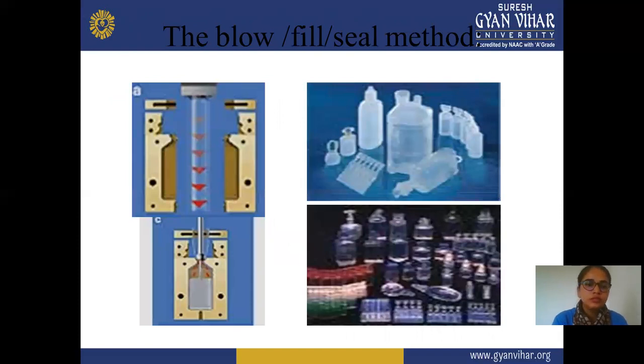This is the procedure. Here, we apply a large amount of polyethylene resin, and it goes into a mold and is shaped into one form. After that, the filling is done, where you fill your formulation in the specific required amount, and after that you seal the top of the mold or container. In the final diagram on the right side, you can see the packed, sealed container of your ophthalmic preparation.